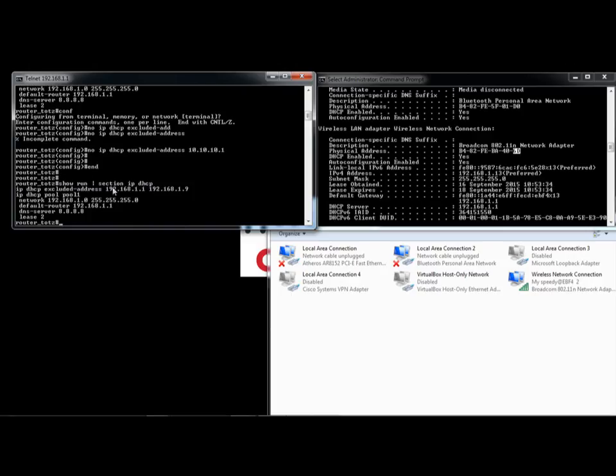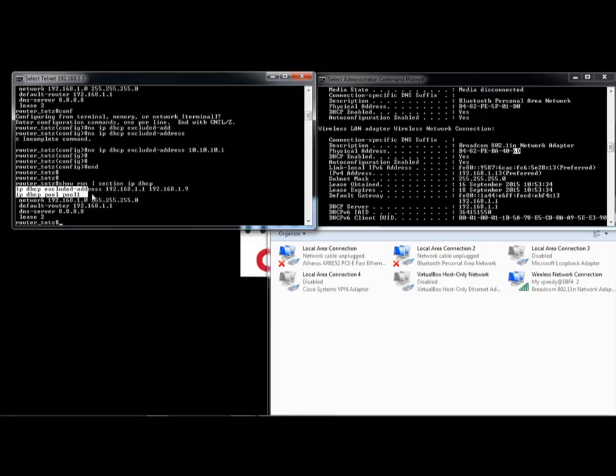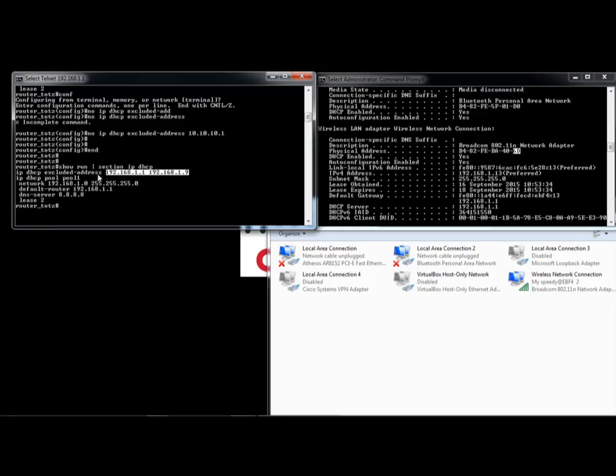You see that now the syntax here is removed, and what is left is the ip dhcp excluded-address, as we defined. This is not included in the distribution to clients, so clients will never have the addresses 1.1 until 1.9.